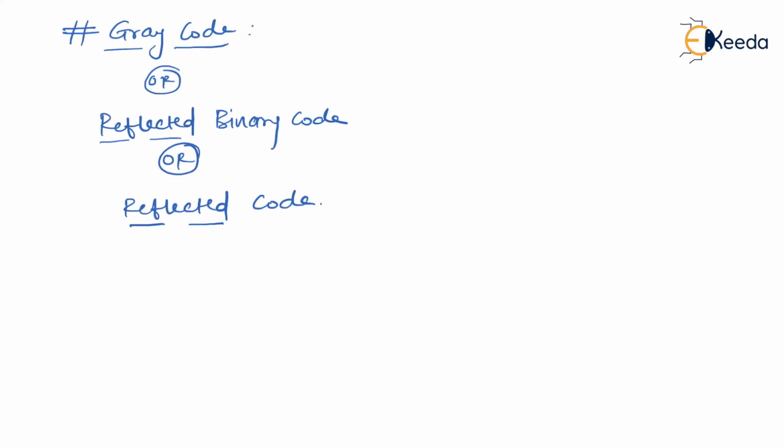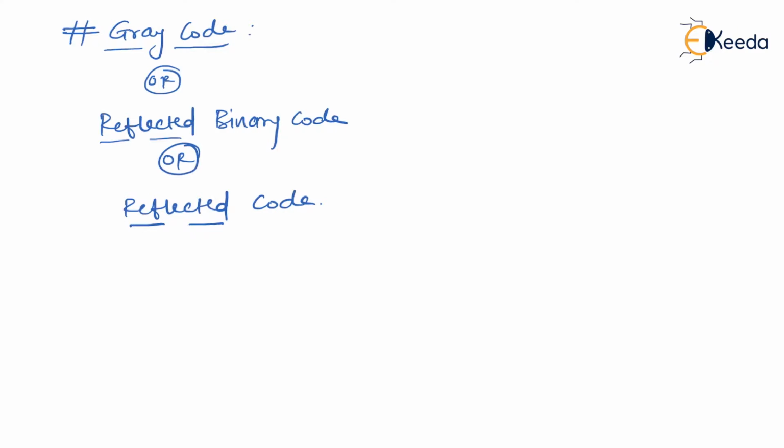I repeat, gray code means what? To change the existing system of binary numerals, or to change the order of the binary number system, in such a way that two consecutive values, if you compare them to each other, you will always get only one bit difference. So to give you clarity, I'll take one example, you will understand it better.